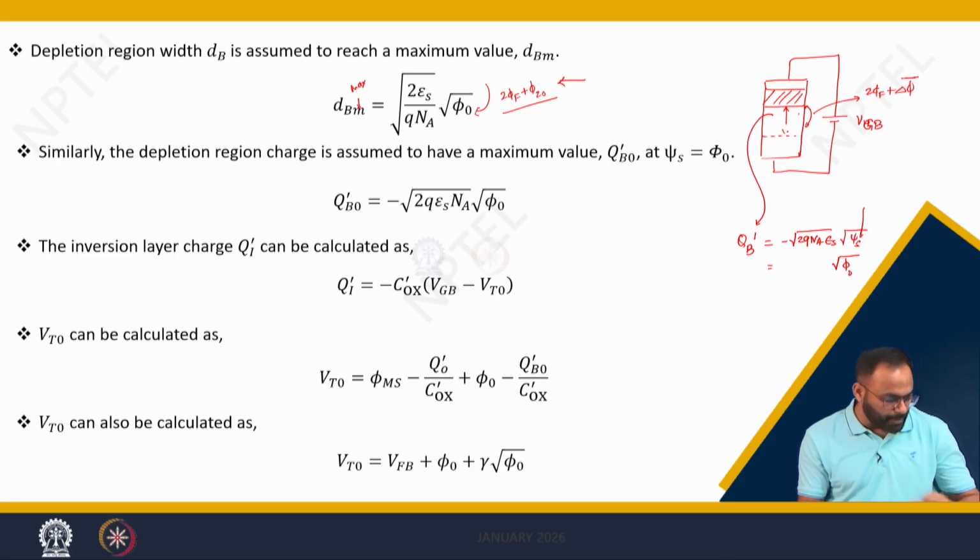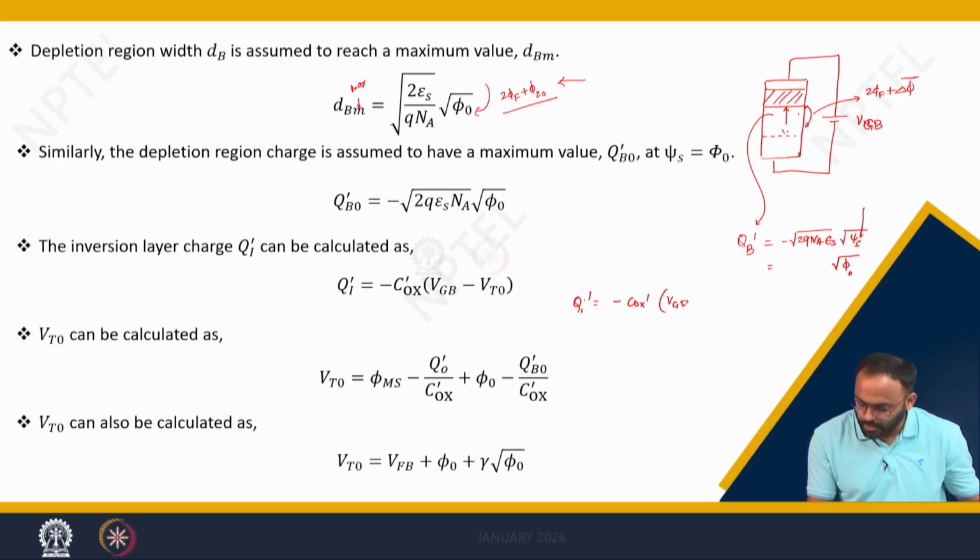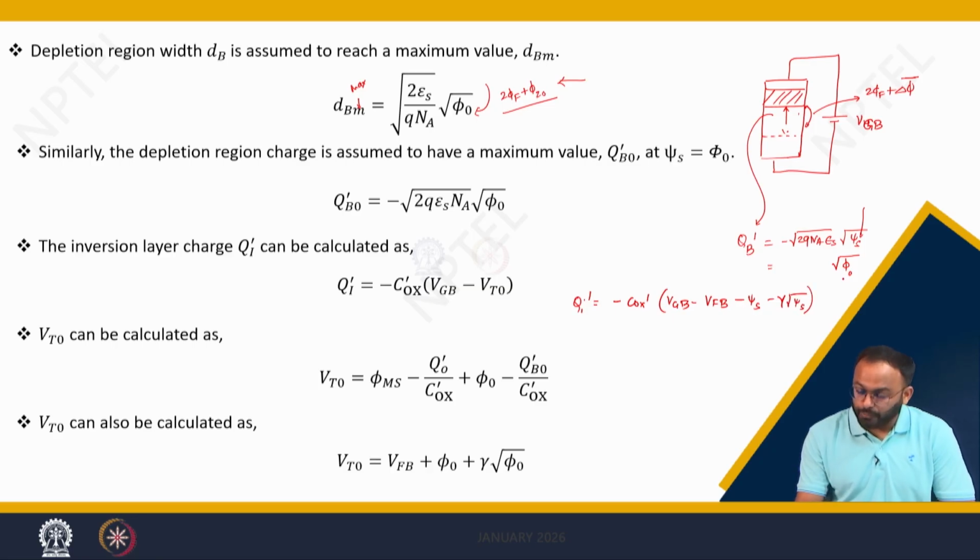Now again by using the previous equation, which we called qi dash is equal to minus of Cox dash into VGB minus V flat band voltage minus psi s minus gamma root psi s, here the surface potential is nothing but phi naught, which is 2 phi f plus phi z0. So you can rewrite this equation as Cox dash into VGB minus V flat band voltage minus phi naught minus gamma root phi naught. This quantity can be replaced as